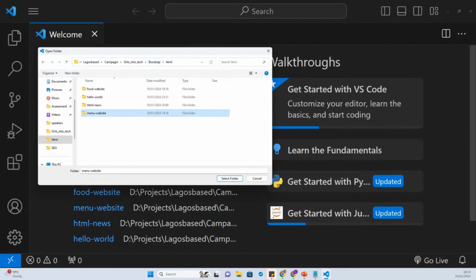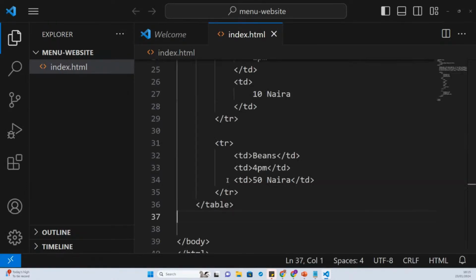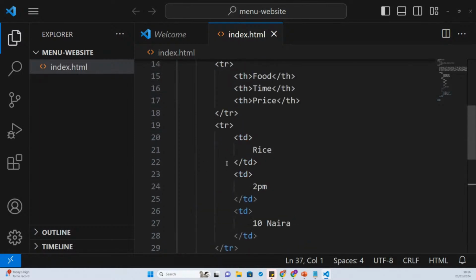If there's anyone that is struggling with anything in their code, maybe you've tried to do something on your code and it did not work, now would be a good time to put it in the comment section, because after I show everyone how to put Roman figures in ordered list, we are going to be looking at other questions that people have, the things that you've been struggling with, so we can help each other before we move away from HTML into CSS. All right, so I'll just show you quickly here